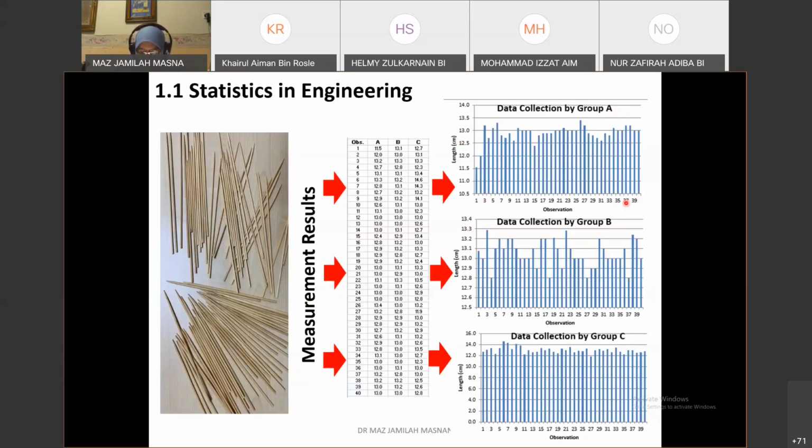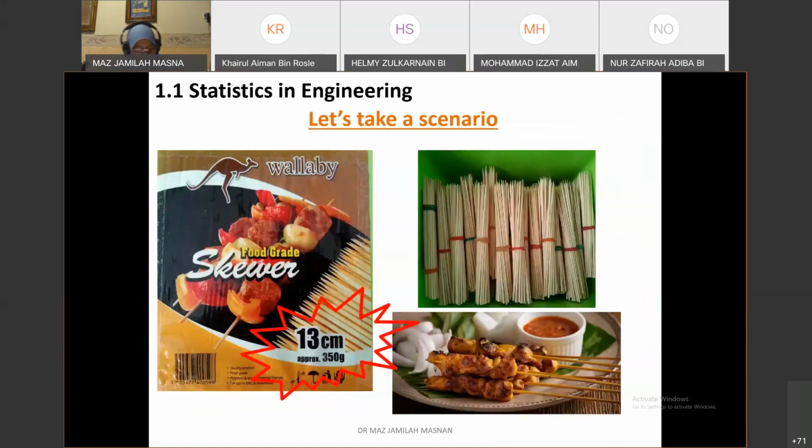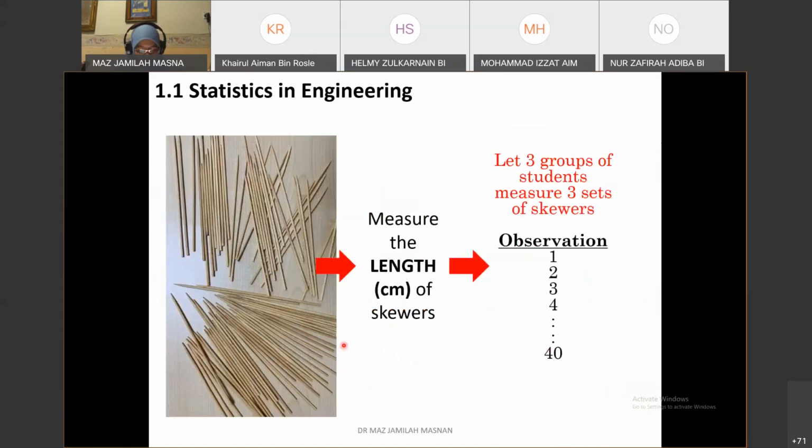I have 40 observations here. From group A, there are differences among the lengths of skewers from observation 1 until observation 40. The same goes for group B, and the same goes for group C. So what happened to the claim? The company says all are 13 cm. You can sue them, right? Because it turned out that they are lying. Now, this is why